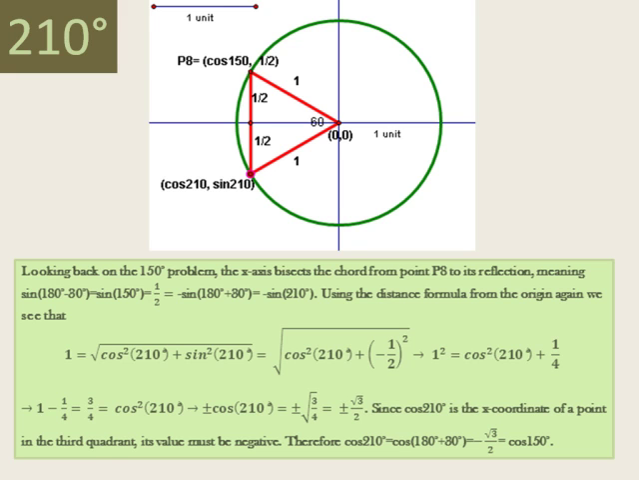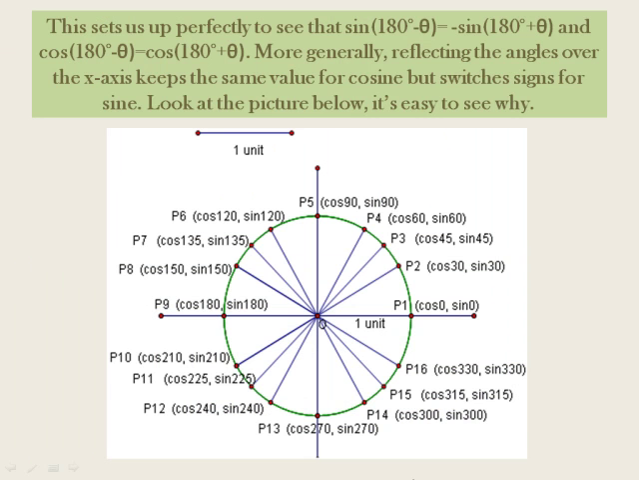Since cosine of 210 degrees is the x-coordinate of a point in the third quadrant, it must be negative. Therefore, cosine of 210 degrees equals negative square root of 3 divided by 2, which is also equal to cosine of 150 degrees. This sets us up perfectly to see that sine of 180 degrees minus theta equals the negative